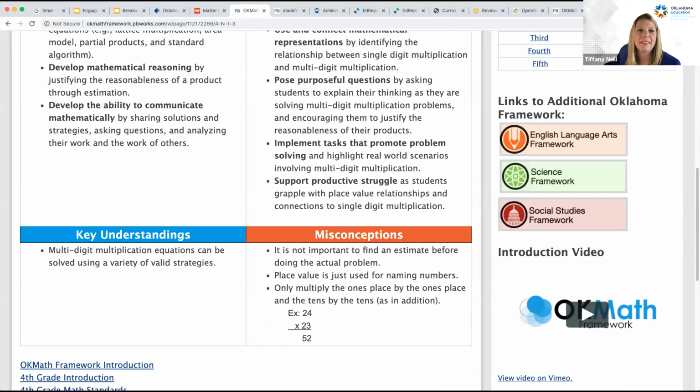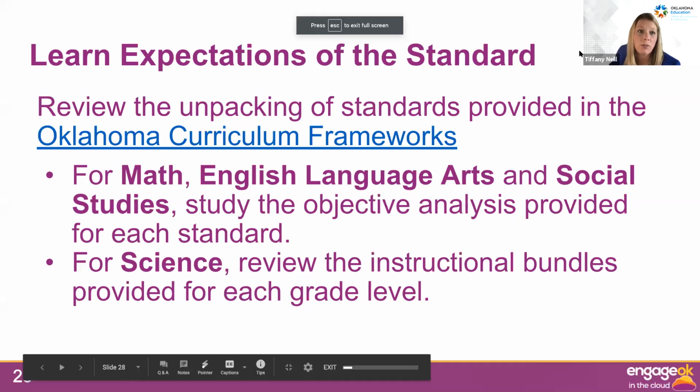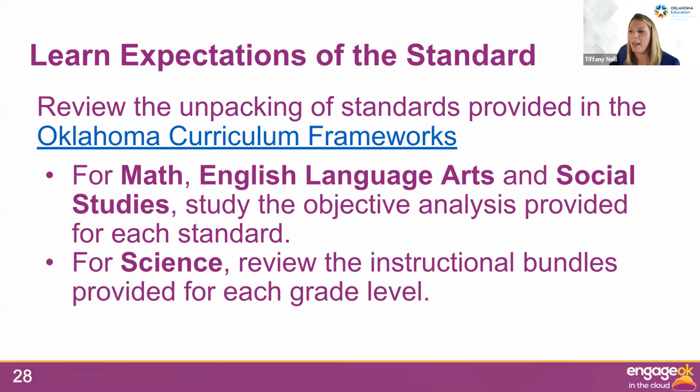Thank you, Christine. So I mentioned a moment ago that you can find objective analysis or something similar now for all 4 of these subject areas: English language arts, mathematics, science, and social studies. So you can have a better idea of the intent of the standards and really determine if the curriculum you're using or the open education resources you're bringing in are truly aligned, or if you're spending a lot of time maybe focusing on things that are less well aligned.